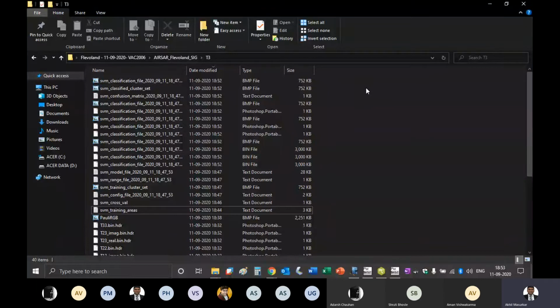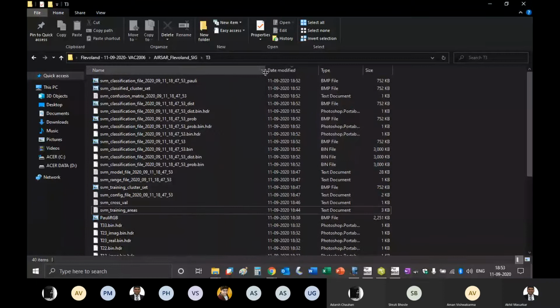Open the airsar_flevoland_sigma folder. Inside that you will get P3 and inside P3 you will get svm training areas. So you should be seeing that the svm training area file has come there.